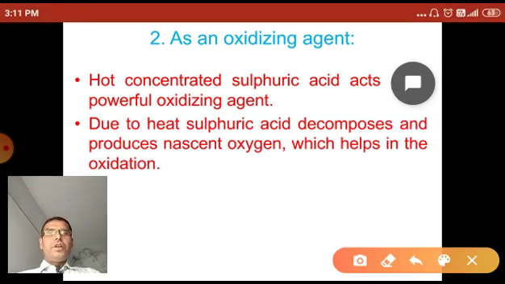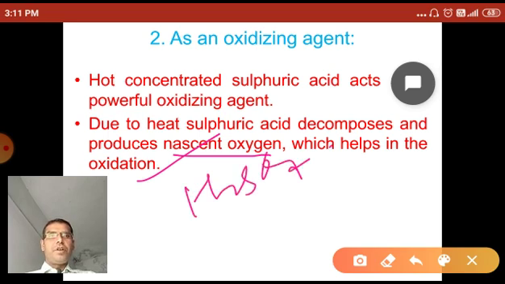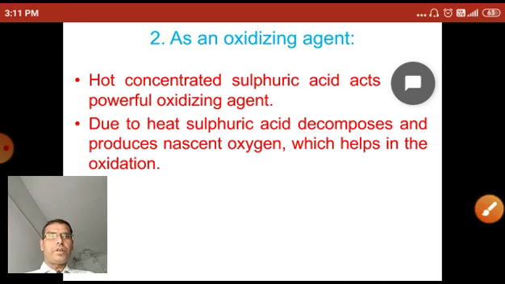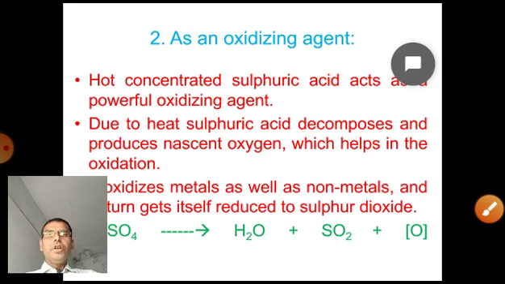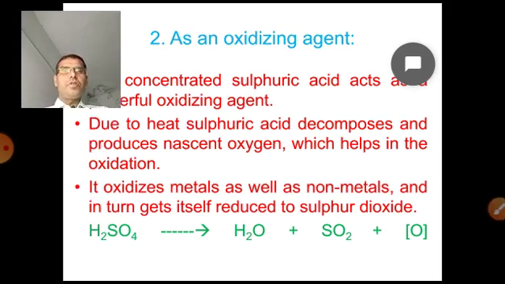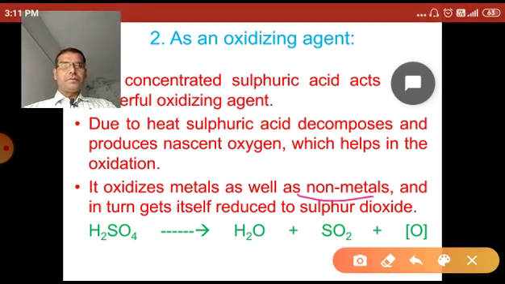Due to the heat, sulfuric acid decomposes and produces nascent oxygen, which helps in the oxidation. So H2SO4 decomposes to form nascent oxygen, SO2 and water as a byproduct. So due to the presence of nascent oxygen, sulfuric acid behaves as an oxidizing agent. It oxidizes metals as well as non-metals, and it gets itself reduced to